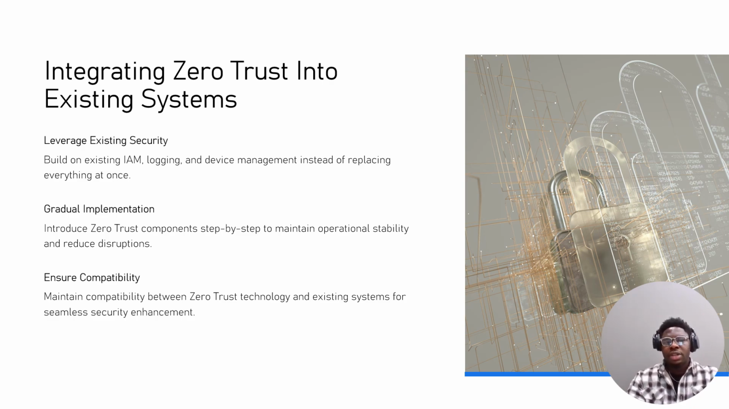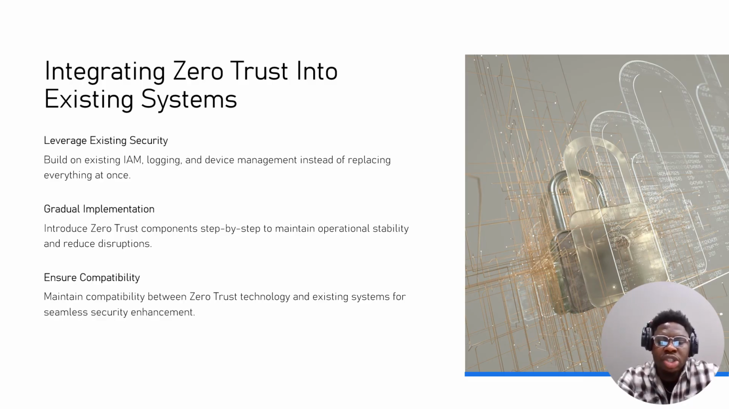When we brought in face recognition, they did not get rid of the pattern lock. They did not get rid of the pin. They built on it. They made it a secondary authentication process. They did not just get rid of it. So when trying to integrate zero trust, we need to build on existing IAM, logging in, and device management instead of